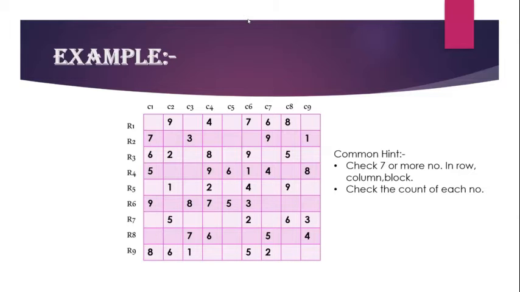And the second thing is the count of each number. For example, if we take 1, how many 1s are there in this Sudoku? That is 1, 2, 3 and 4. So we have 4 ones in this Sudoku. We have to take the count of each number and note it. Looking at this Sudoku, we have 5, 6 and 9 in the highest count. So let's start solving it. First,